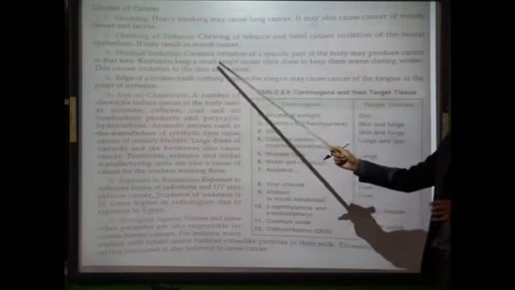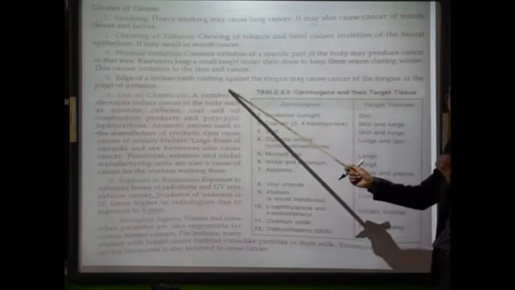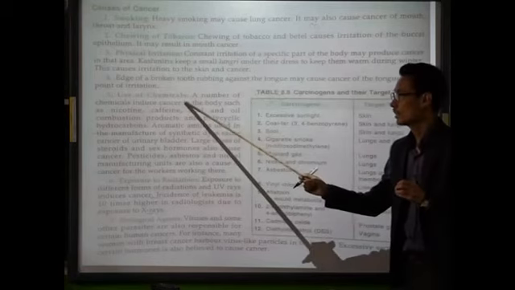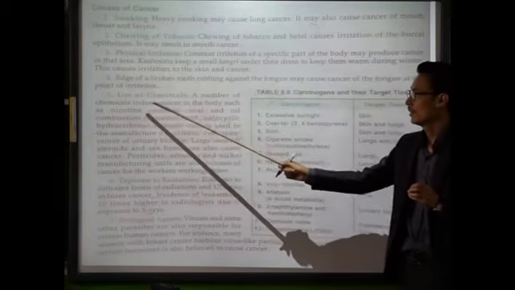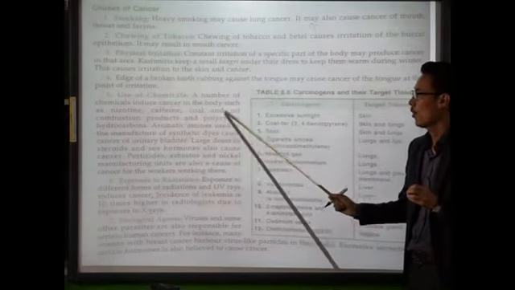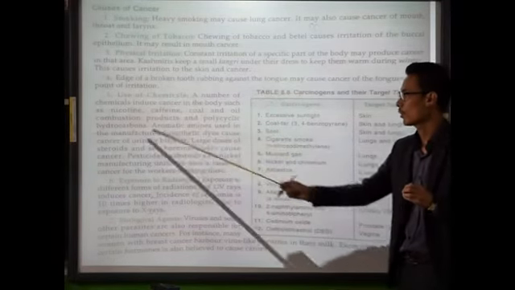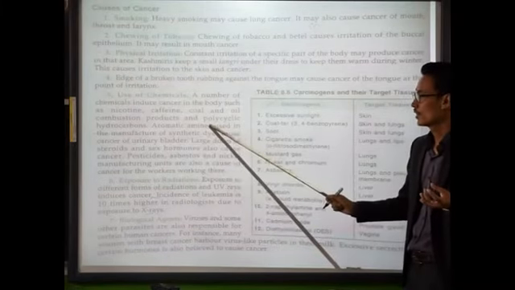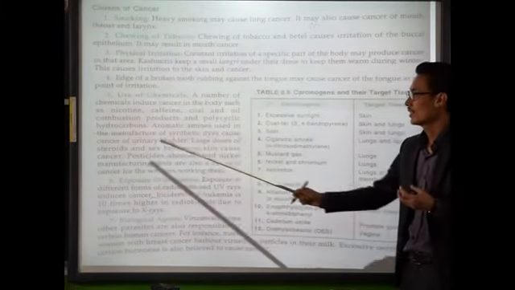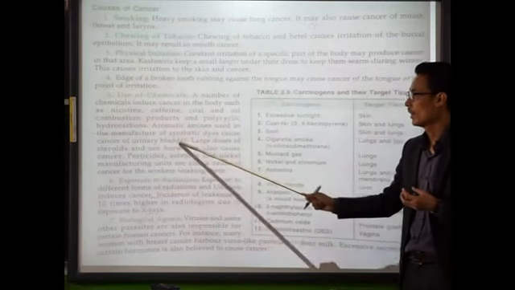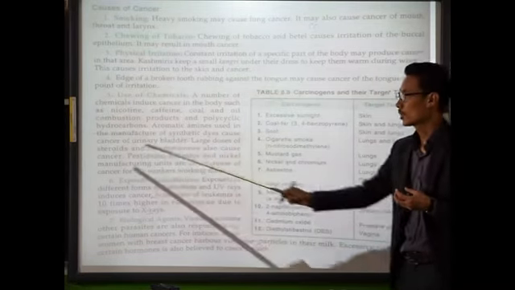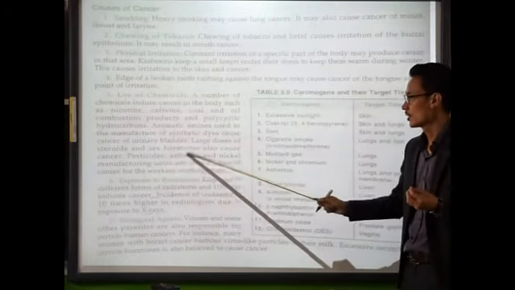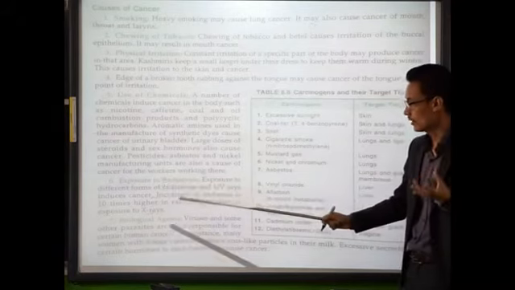Cases of a broken tooth rubbing the tongue for a longer period of time can also cause cancer of the tongue. Different chemicals like nicotine, caffeine, coal, oil, combustion products, and polycyclic hydrocarbons can also lead to cancers. Aromatic amines used in synthetic dyes can cause cancer of the urinary bladder. Large doses of steroids and sex hormones can also cause cancer. Pesticides, asbestos, and nickel can also cause cancer.